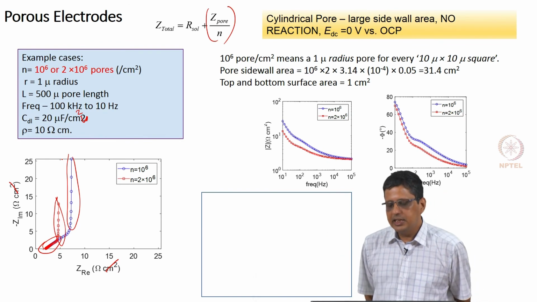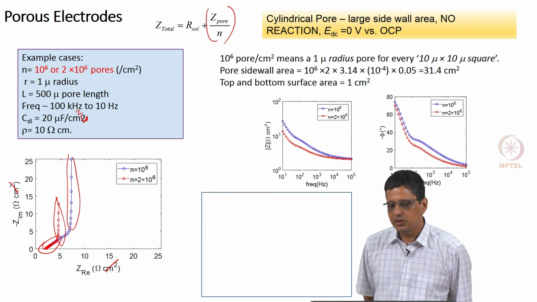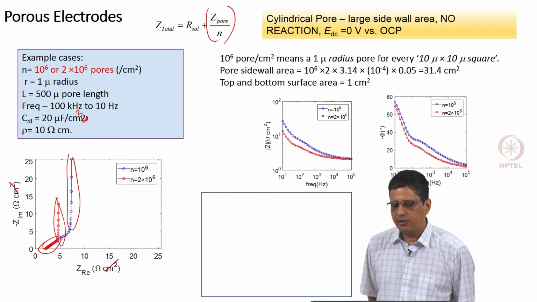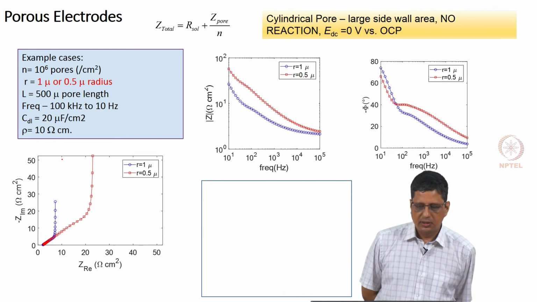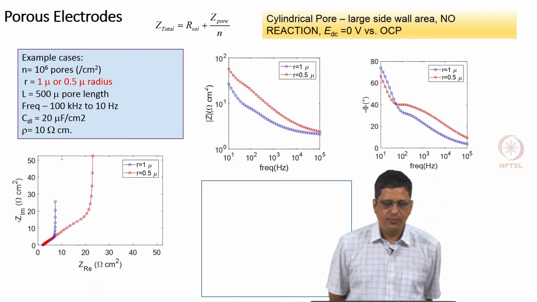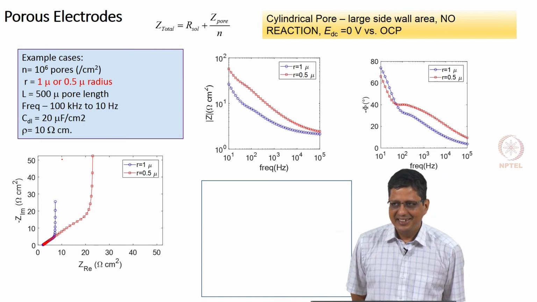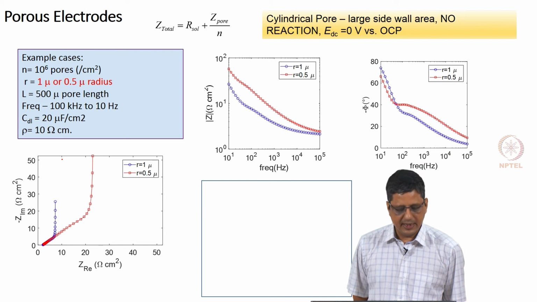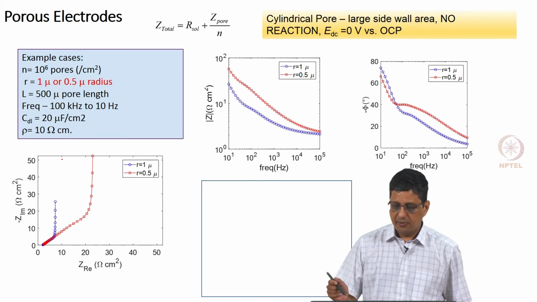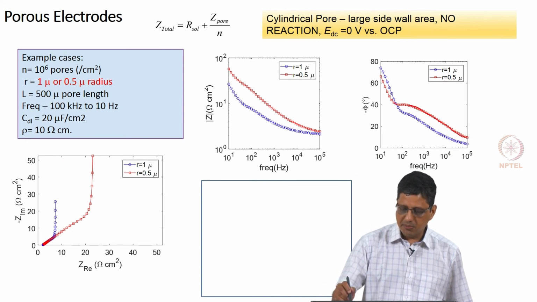Likewise, in this case, it is better to display that in a Bode plot and show that when you have twice the number of pores, magnitude decreases, phase follows a similar trend, but they are not identical. Couple of more minutes, I will leave you. Okay. If I take smaller radius, same number of pores, smaller radius, you expect naturally it will offer more impedance, it does offer more impedance. The pattern looks like going up, but look at this phase, it goes up, comes down and goes up.